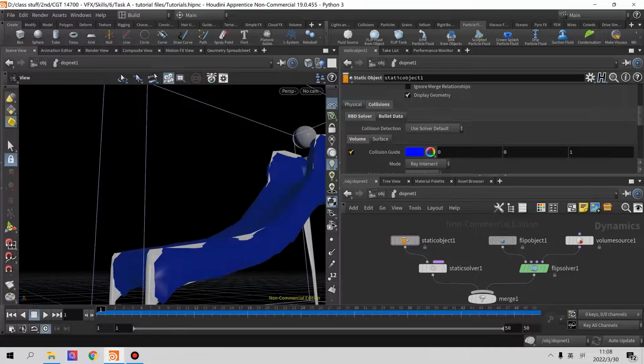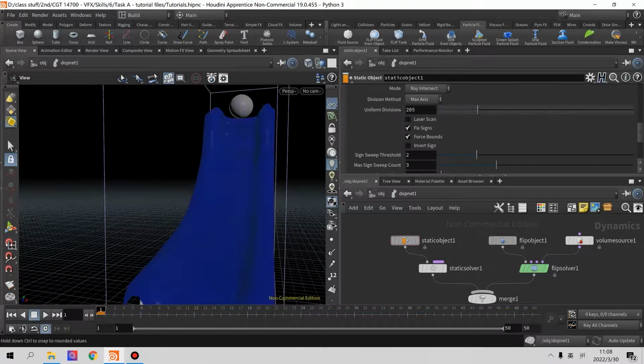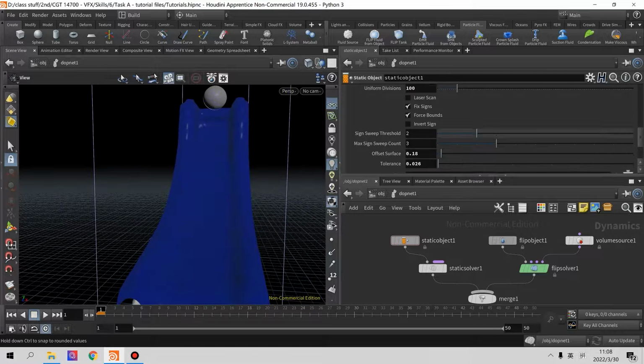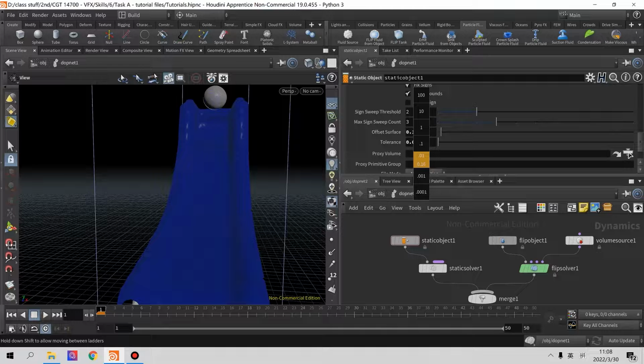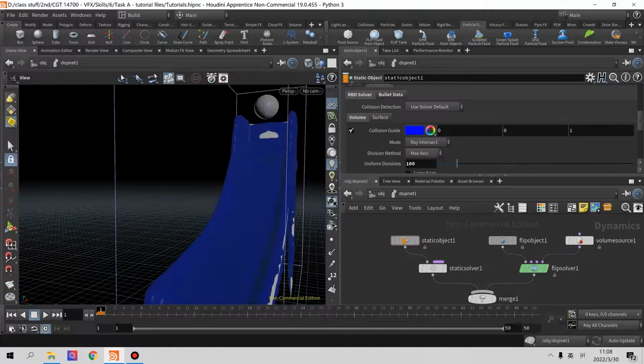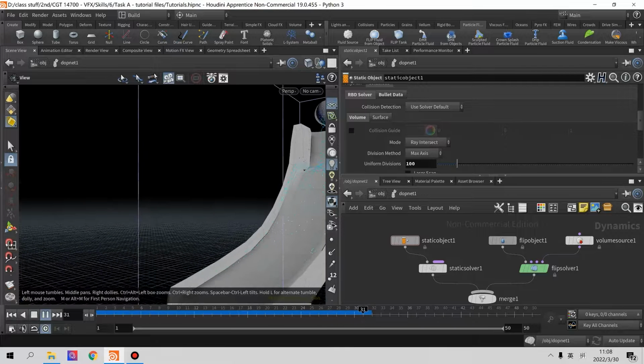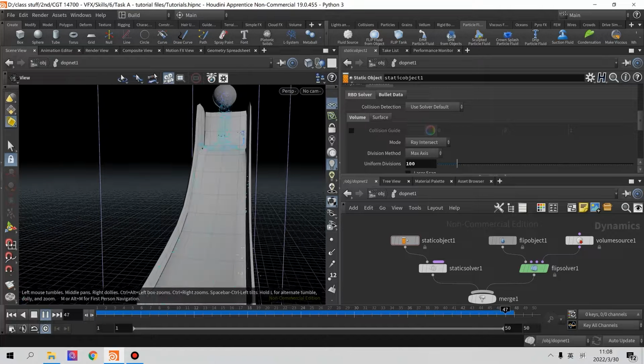Let's turn on the collision guide again and maybe change its uniform divisions so that it might be more precise, and change the data of the offset and tolerance. We can see that now it's pretty accurate. And let's go in here. Okay, now we can see that it's pretty accurate in terms of how the particles collide